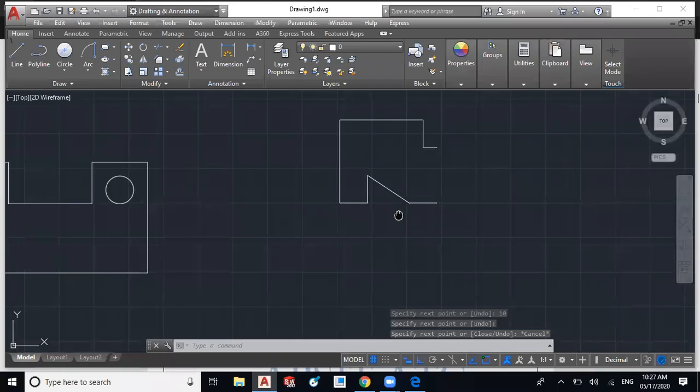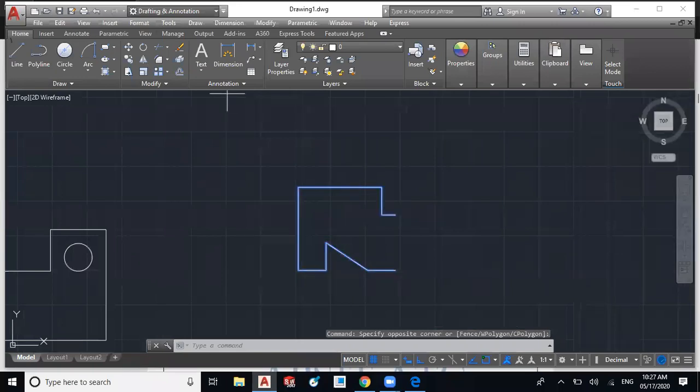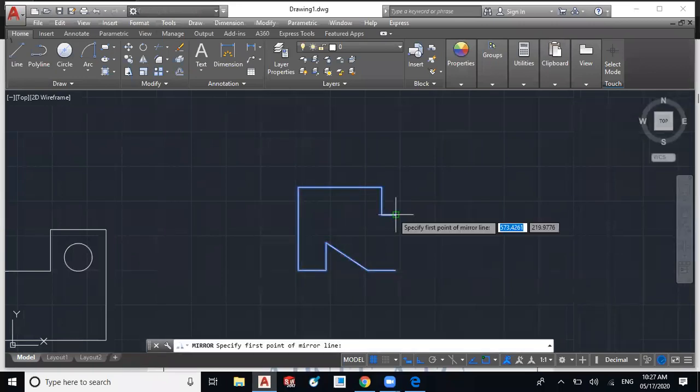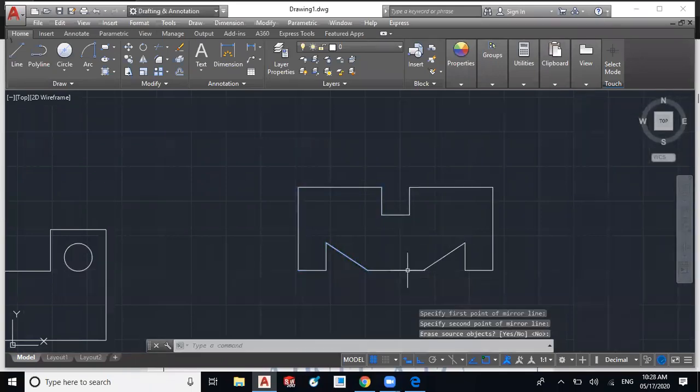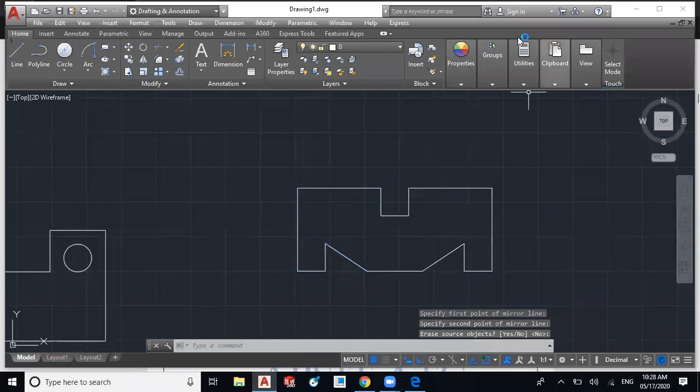Now I will select this portion, select mirror, and select this end point of the object. We have to create an imaginary mirror line and select another end point of the mirror line and press enter. So we have created this object with the inclined line.